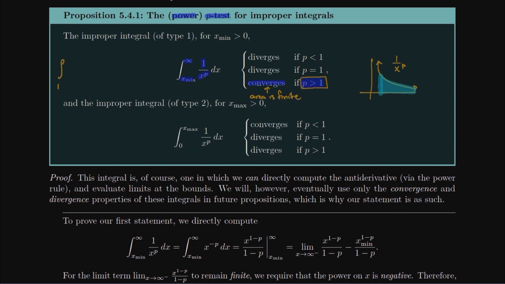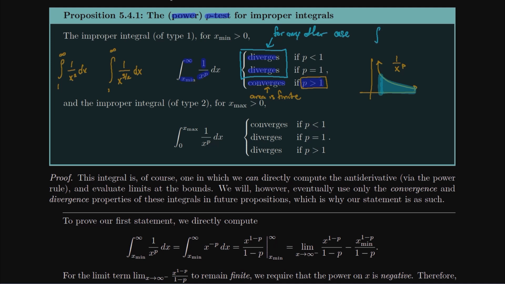So some examples of that would be the integral from 1 to infinity of 1 over x squared dx, or from 1 to infinity of 1 over x to the 3/2 dx, right? Because 3/2 is still bigger than 1. So you're just looking for that power in the denominator to be some number that's strictly larger than 1. And we find out that in any other case, we have divergence. So it diverges for any other case.